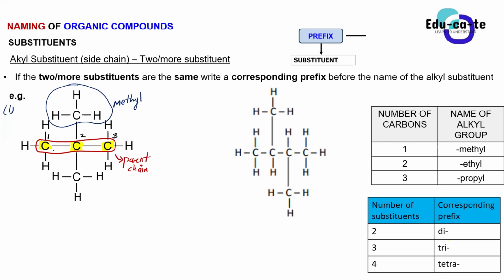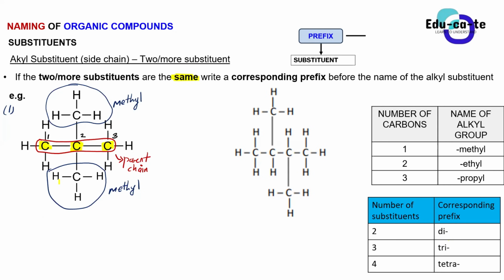You guys can see that this is still a carbon bonded to 3 hydrogens. So this is also a methyl group. So in this case, we're having 2 substituents, and they are identical. So we're having 2 or more substituents, but they are the same, because this is methyl on top and this is also methyl at the bottom. So basically, we have the same type of substituent repeatedly.